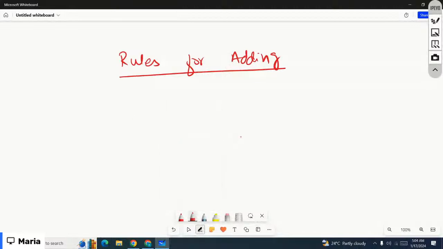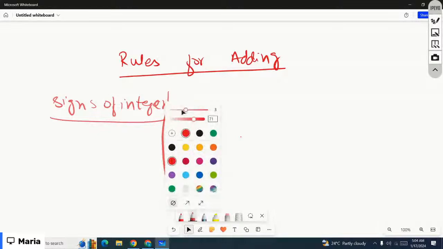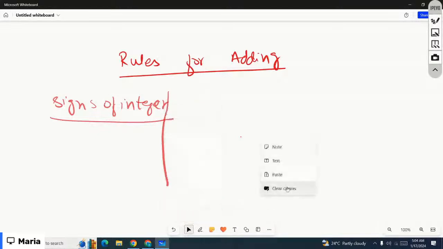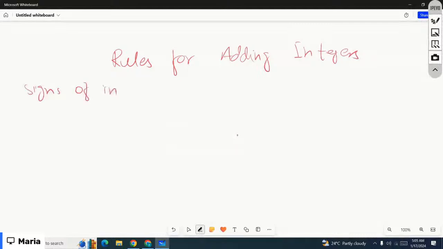Okay, so signs of integers, rules for adding integers, right? The first column is signs of integers. The second one is